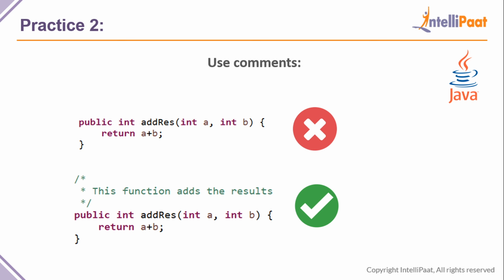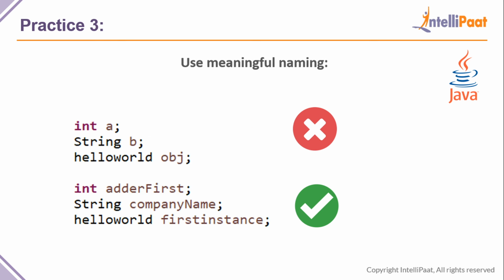Next, we have use meaningful naming. A lot of times, while you're learning Java in your schools and colleges and in courses, the instructors teach you to use whatever variable name comes to your mind, because you can put variable names as you desire. That's not generally a good programming practice from an industry standpoint, because when you're writing tens of thousands of lines of code, using variable names like int a, string b